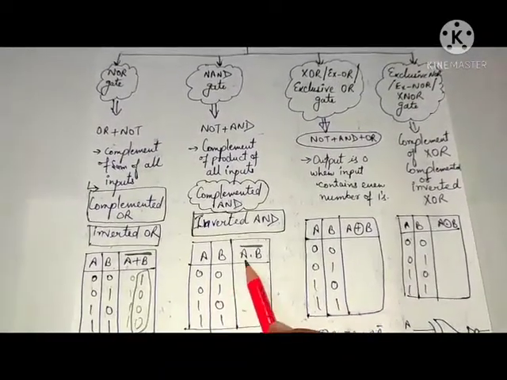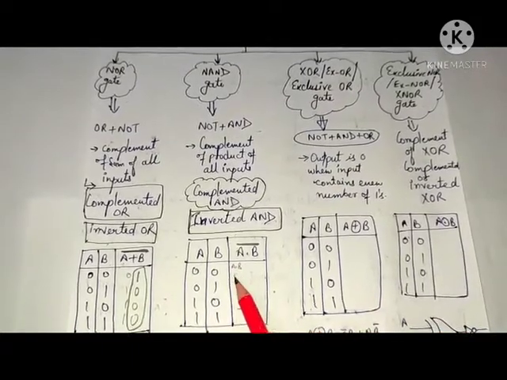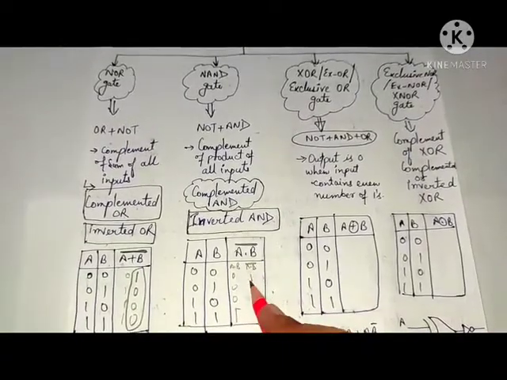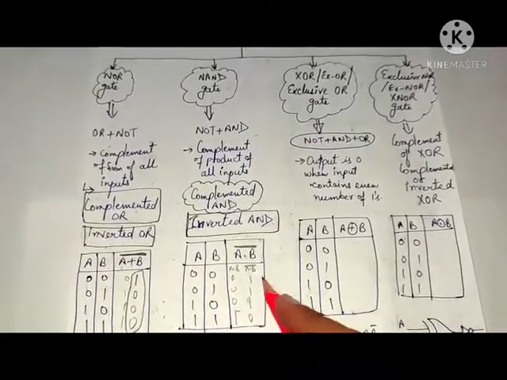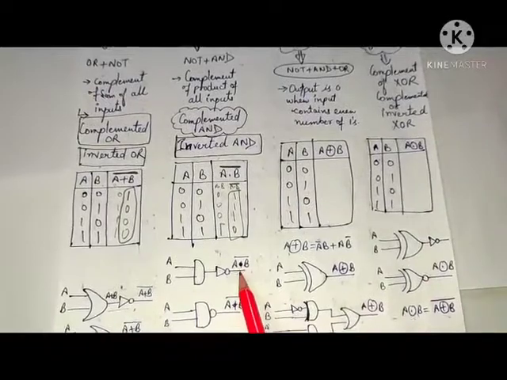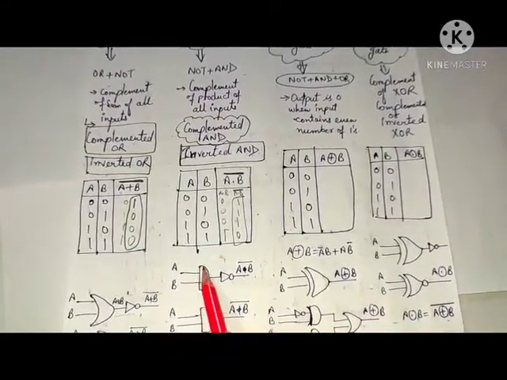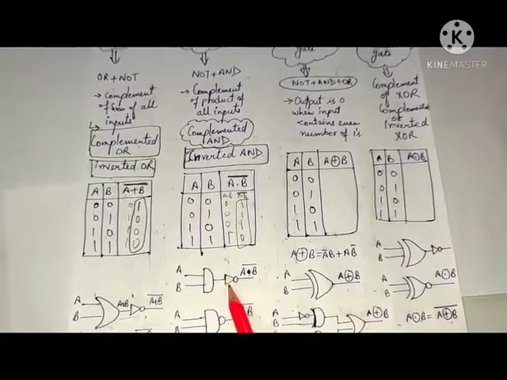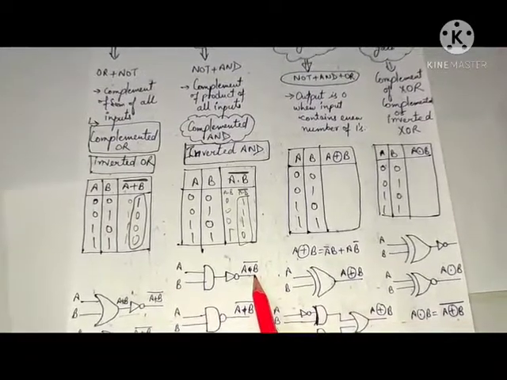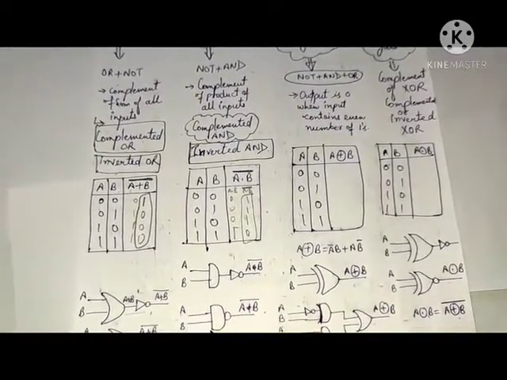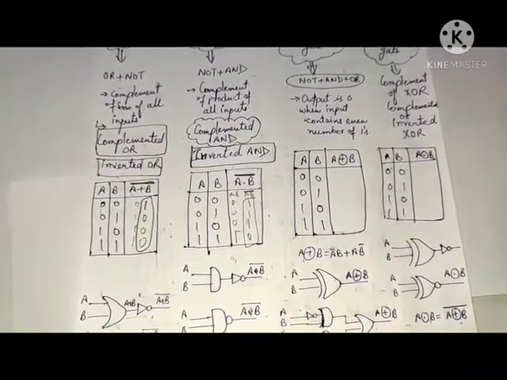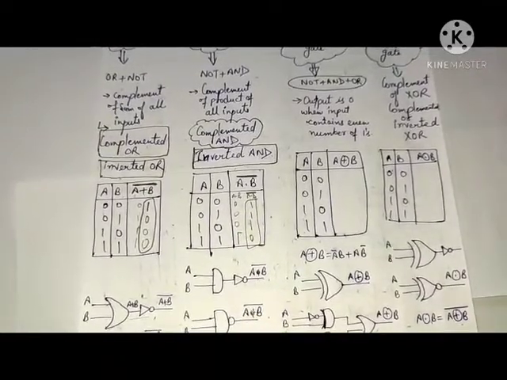And what is the output? If we are performing A dot B, then what is the output? 0 0 0 1. And when we are performing (A dot B) complement, then what is the output? 1 1 1 0. So this is the output of NAND gate. And this is the symbol for NAND gate. We have to just write the symbol of AND and write the symbol of NOT. That is the symbol of NAND gate. And we can also use the AND symbol and put 0 at the end. So here dot, students, not plus, because it's talking about AND.